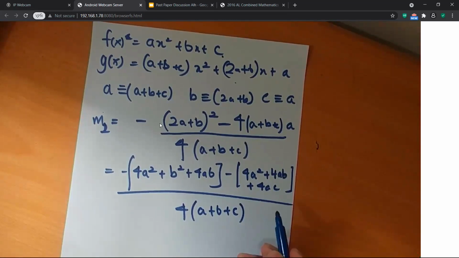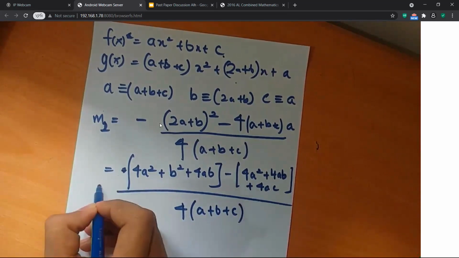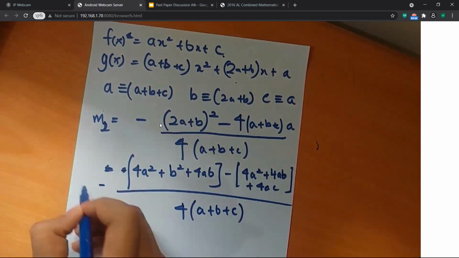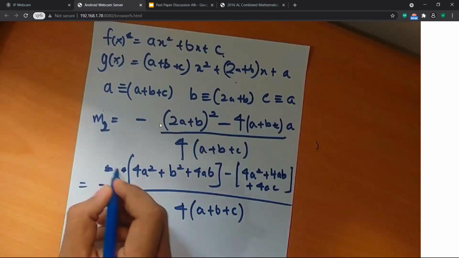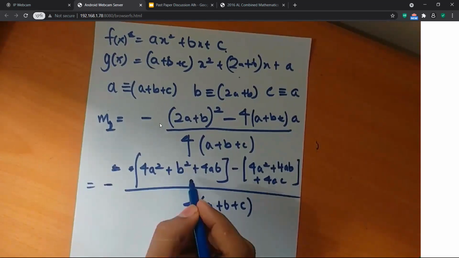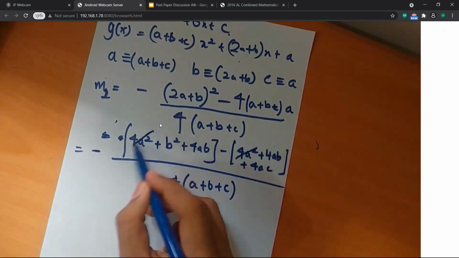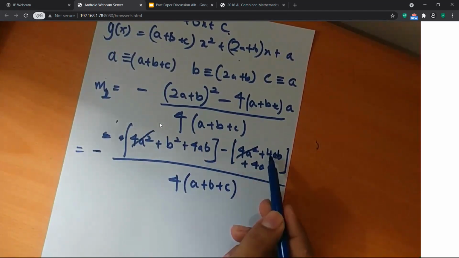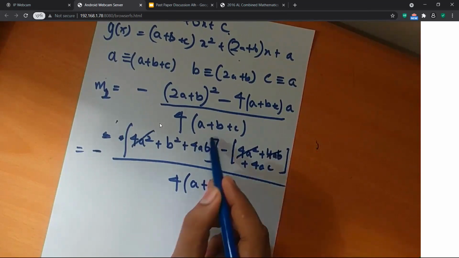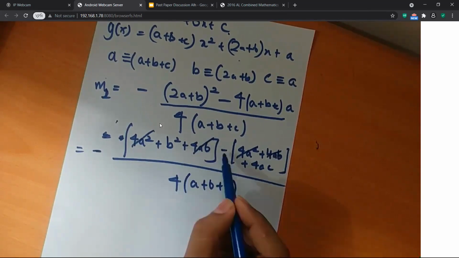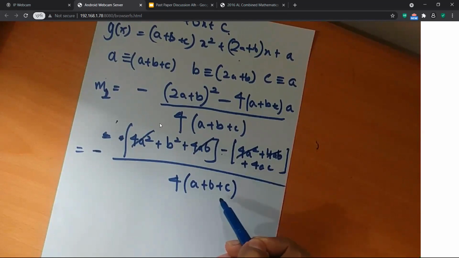Now, is there anything you can cancel? Okay. Remember, this minus is for the whole thing, okay? Minus is not just for this, minus is for the whole thing. So 4a squared can be cancelled. 4ab minus 4ab can be cancelled. So what is remaining? b squared minus 4ac over 4 times a plus b plus c,